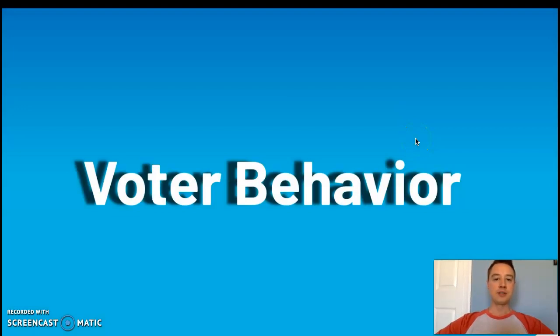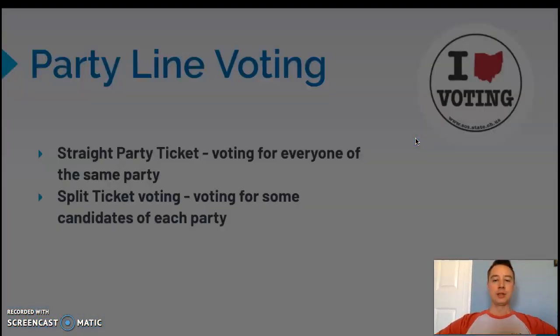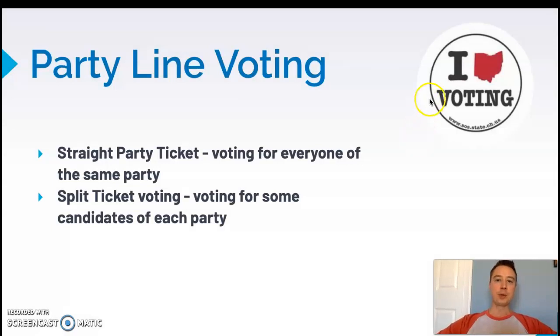Last up of the new stuff, taking a look at voter behavior. What is it that helps people make a decision? Well, we had talked before about party line voting. Probably the number one predictor of how you're going to vote for an office. And it makes sense. It's a rational decision. Like if somebody says they're Republican and you think you're Republican, then by golly, most of your views are probably going to line up, especially for down ballot issues.